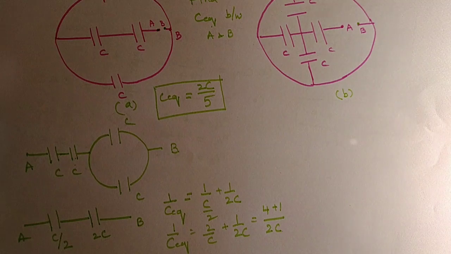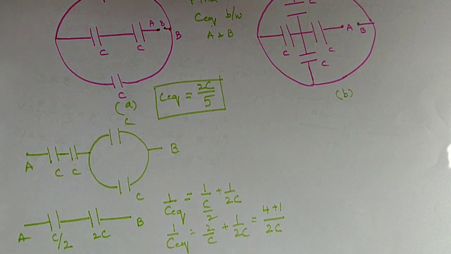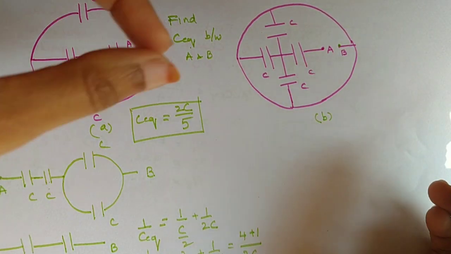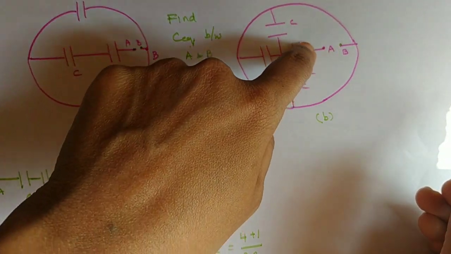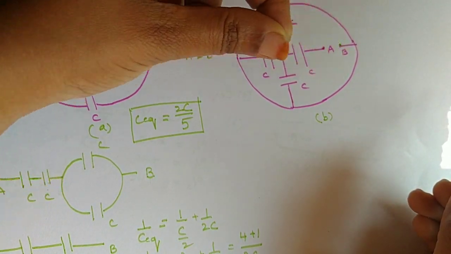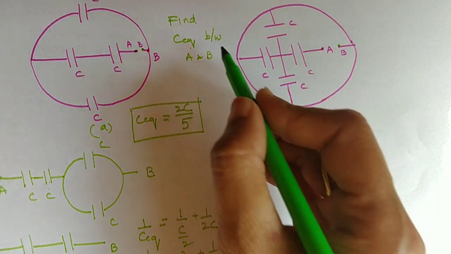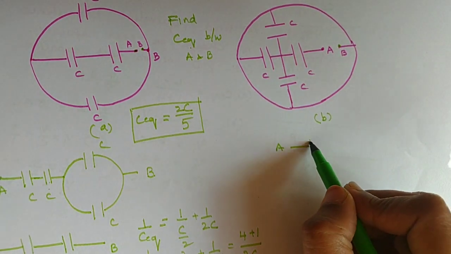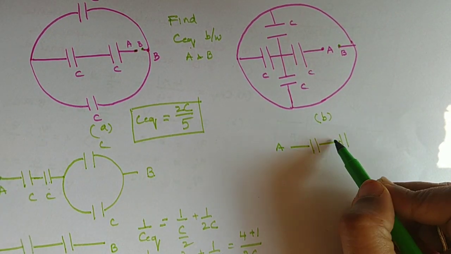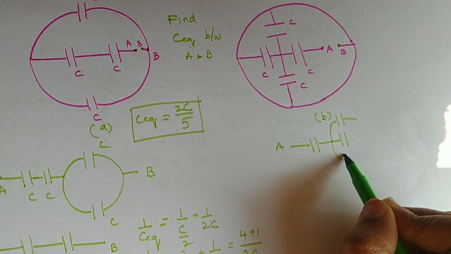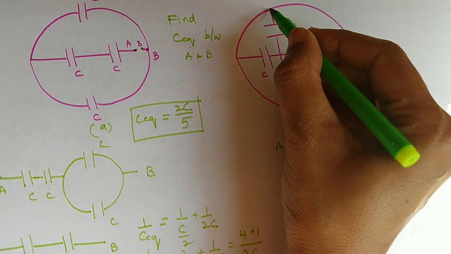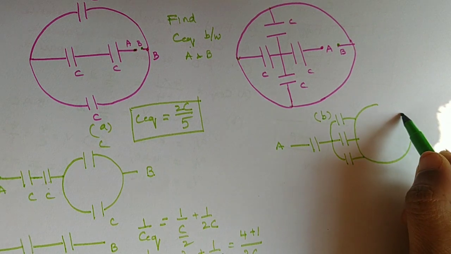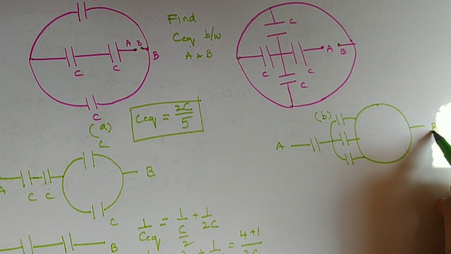Similarly, let us try for the second bit also. See, in the second bit also, if I unfold the circuit, pull this B outside, pull this A also outside, that means hold this terminal A and pull it in the outward direction. After bringing this A outward, your circuit will look like this. Along with A, this plus shape with 4 capacitors is going to come out. This is a junction of all the 4 capacitors. And all the ends of these 3 capacitors are connected to the circle. And this is your terminal B.